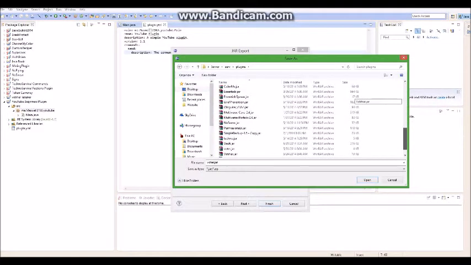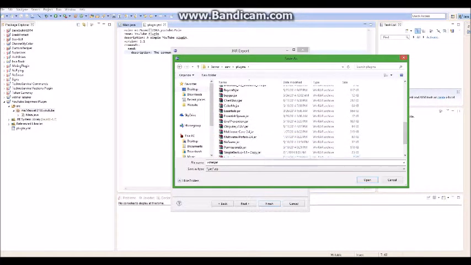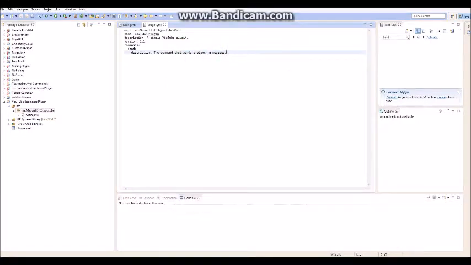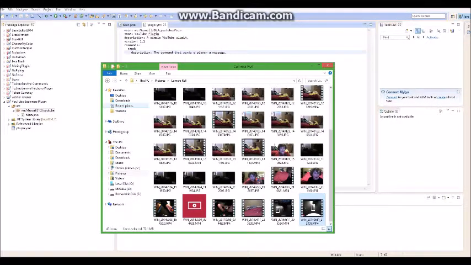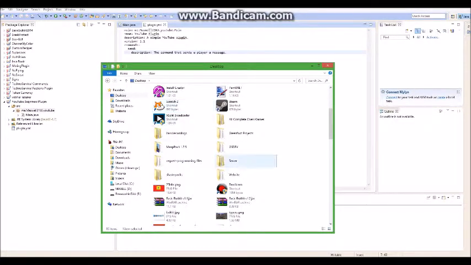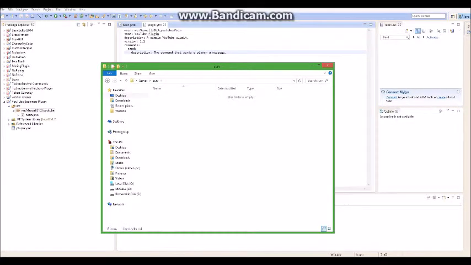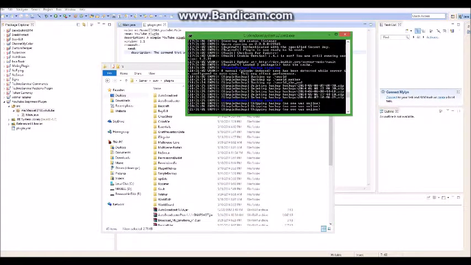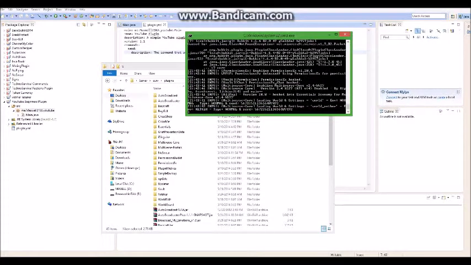I don't know if that worked. Oh wait, never mind. Here we go. And right here, you can name it whatever you want. I'll call it YouTube. Save and finish. So for that, now you can go into your server folder, and you should basically just see plugins youtube.jar. You can start your server, or reload your server in my case,